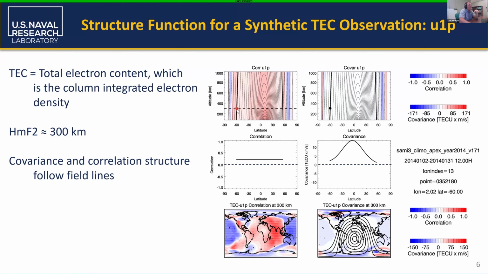And so here, this TEC observation is easiest to see along the field line. So let's look along this field line again. And you can see that the correlation between the total electron content ob and our update of the ion motions is actually a constant there. It's just a total constant. It never changes on that field line. And the covariance, which is the single ob increment, has no real local structure to it. Again, if you put a Gaspari-Cohn cone right here where the observation is, you would cut off the largest component